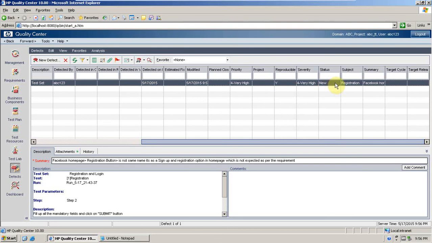Your test lead is going to verify everything. If the test lead decides that this is a valid defect, is not a duplicate, and is reproducible, the test lead will change the status to open and send it to the developer to fix it. If the test lead decides that this is not a valid defect or this is a duplicate, he or she is going to